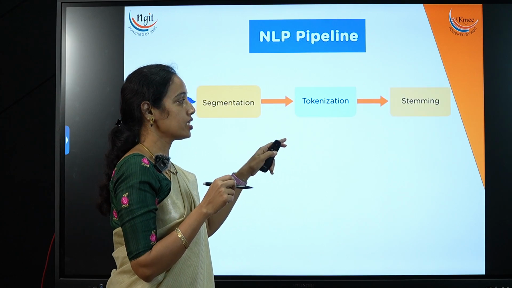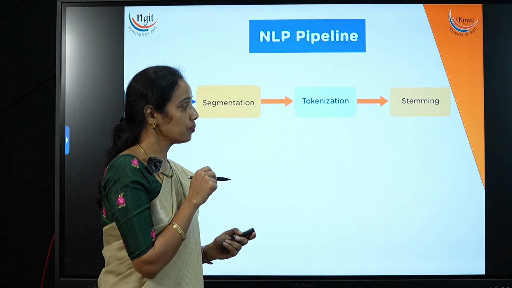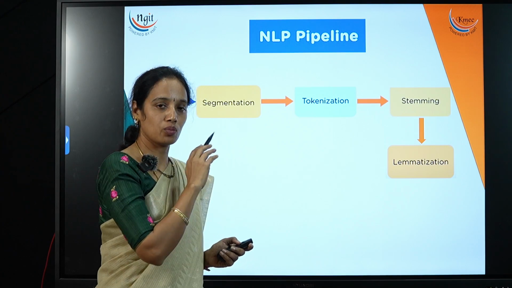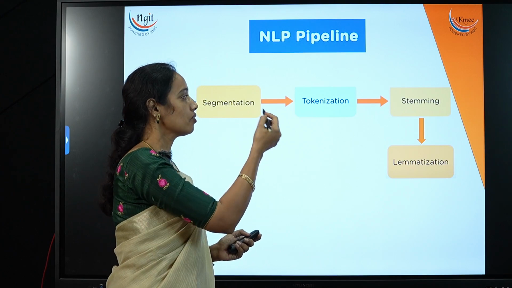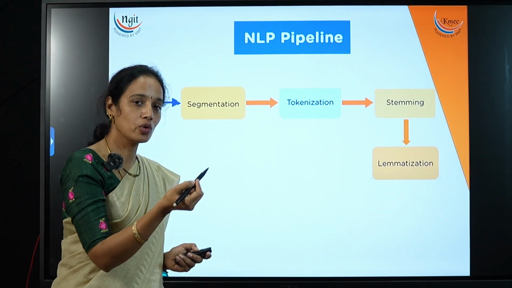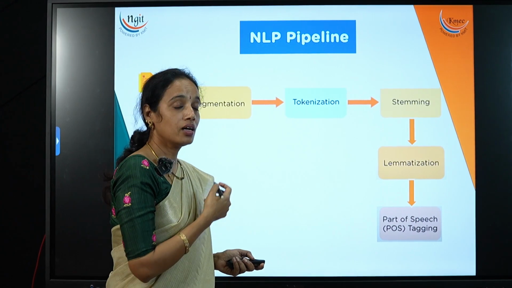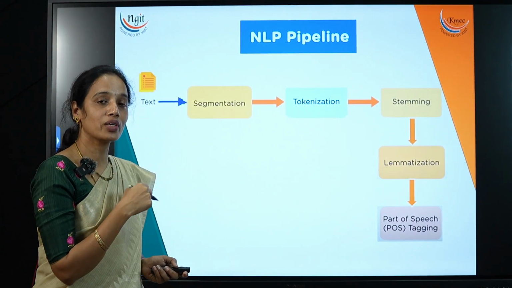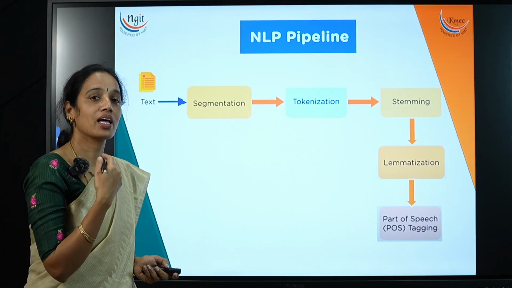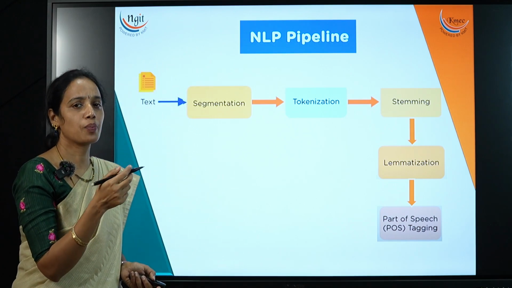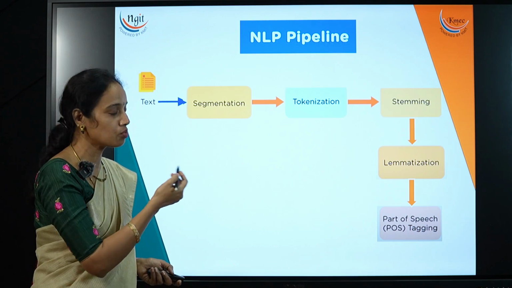And after tokenization, we are going to perform stemming. After stemming, we are going to perform lemmatization. These two are almost equal. The difference between stemming and lemmatization, I'll make clear with one example in the coming slides. And the next one is, for that particular input, we are going to tag the parts of speech, like whether that particular word belongs to noun or verb or adjective, any preposition, what it belongs to, that is parts of speech